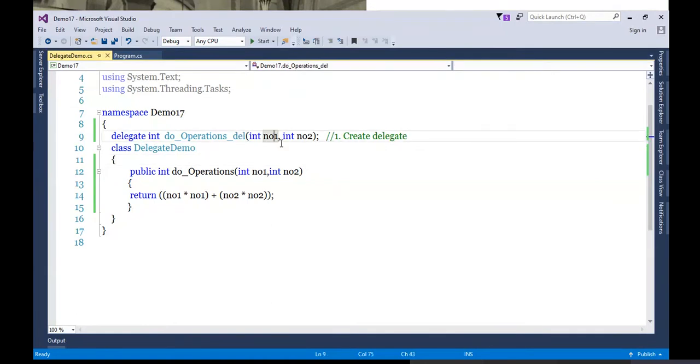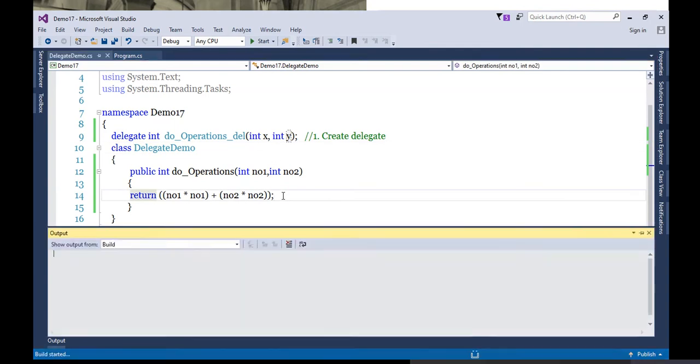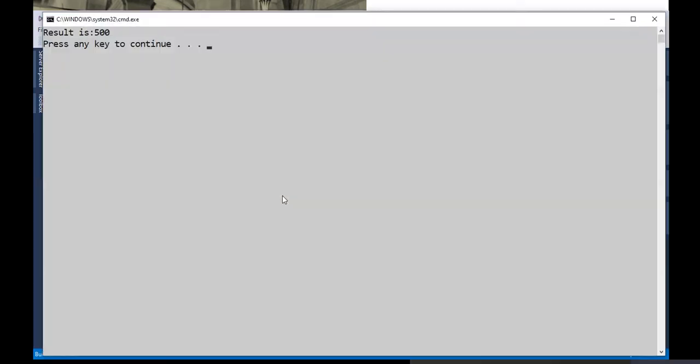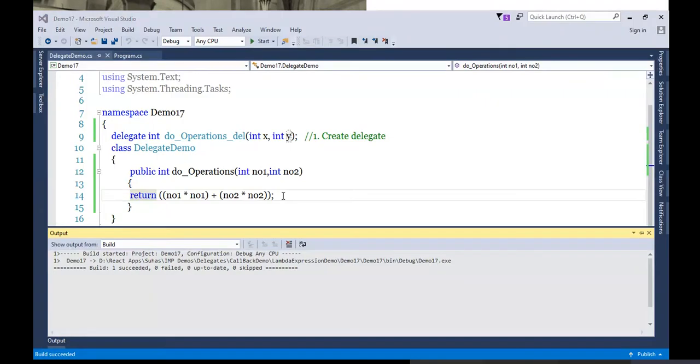Like here, if I'm writing X and Y, then also it will be allowed, because whenever we do the declaration, the data types and the signature will be considered. Okay, so even if I'm running this, it will give me the same answer, right?